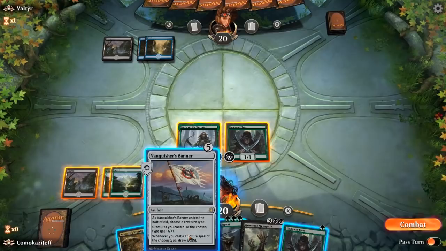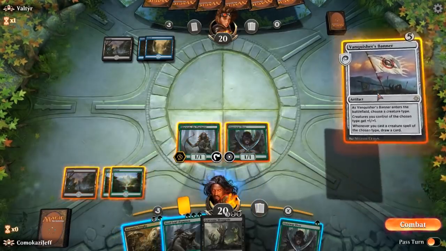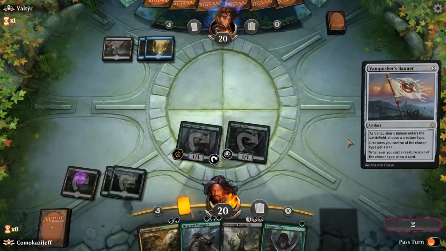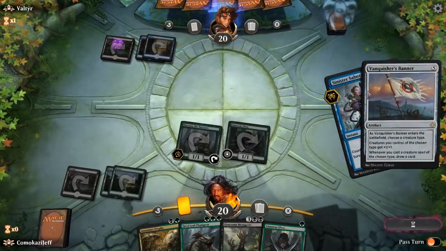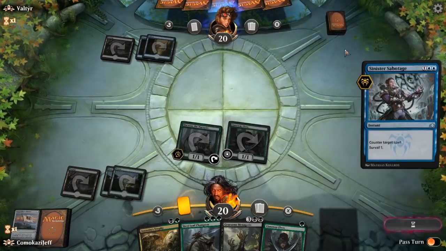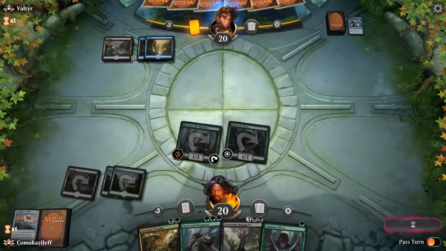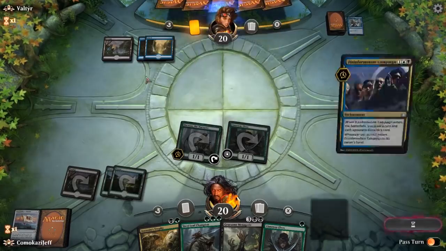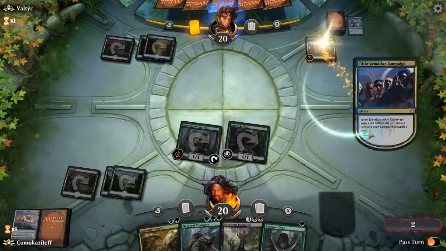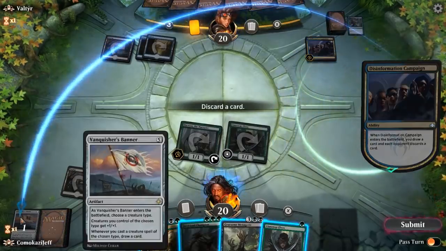If we play Vanquisher's Banner now, then we can start drawing with these creatures. So yeah, let's do that instead. Vanquisher's Banner. Do they have a negate? Sinister Sabotage. Alright. I'm still used to the old standard where it was 2 mana that you were usually worried about. Alright, so that's actually okay with us. We're going to discard